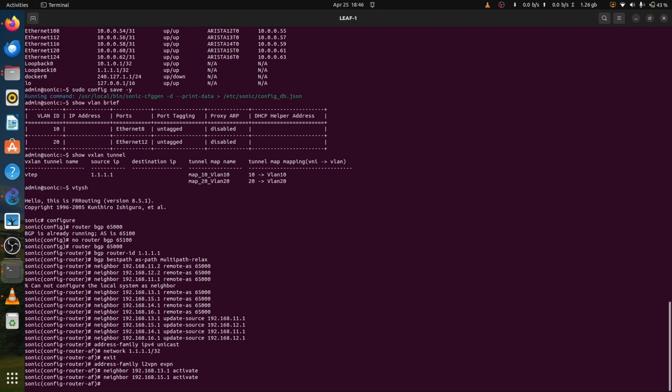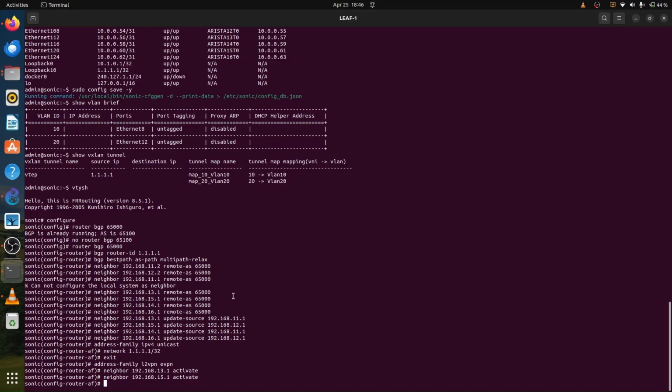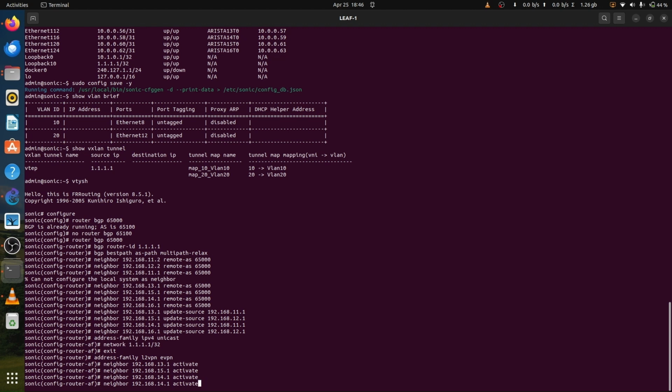So now for leaf 3 I will use the same step as 14.1 and 16.1, 14.1 and then 16.1,